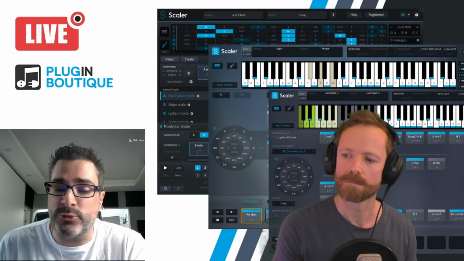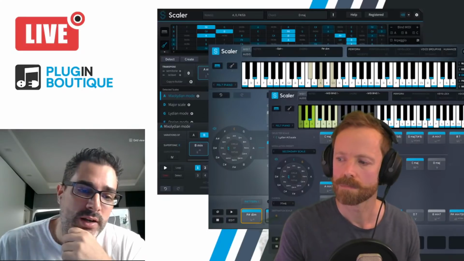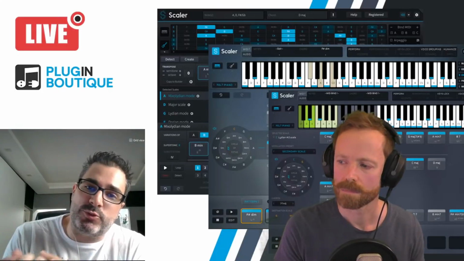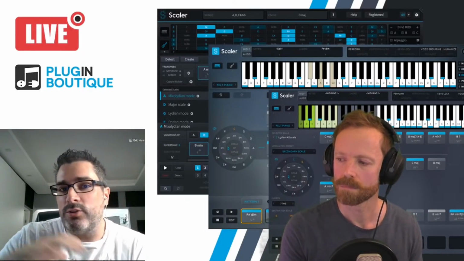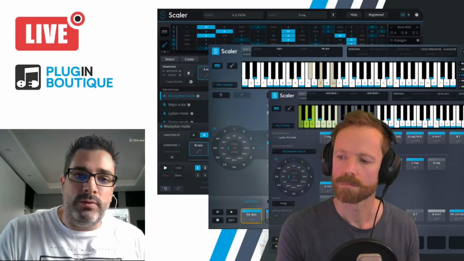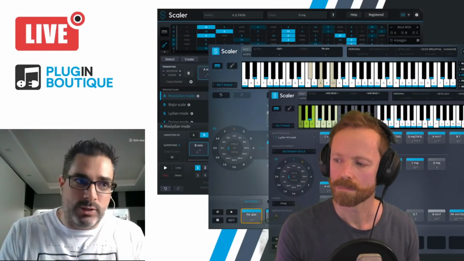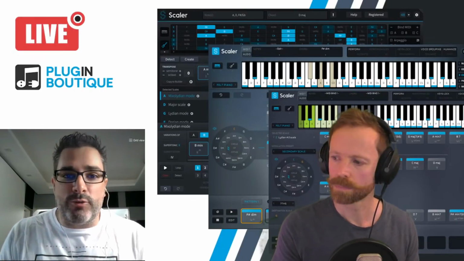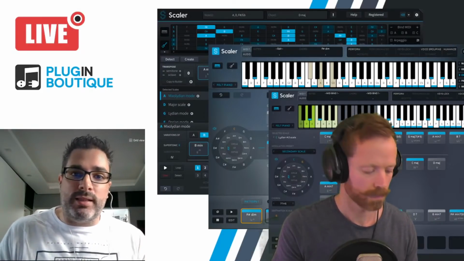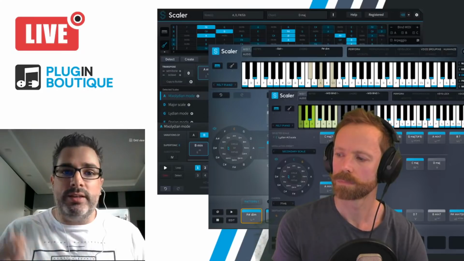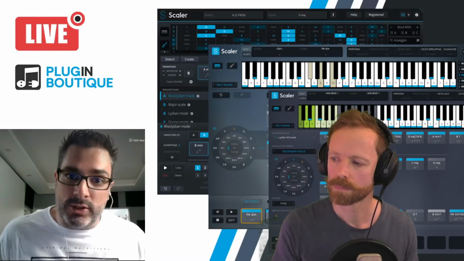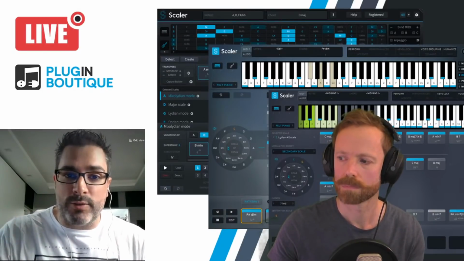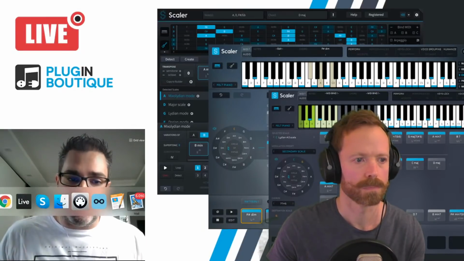There's also a bunch of new expressions in Scalar 2.4. We put a bunch of common performances and common basses and even sequences, which are like scaled down melodies that are meant to be able to work with everything. So using those common bass and performances and the sequences are meant to help you get something that fits in your track right away very easily, as opposed to the melodic ones that we added earlier that are really detailed, which are absolutely incredible. These ones are meant to be more scaled back, more basic, to help you get something that sounds great right off the bat, and then you can go in and change and add and take away as you see fit.